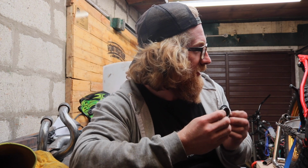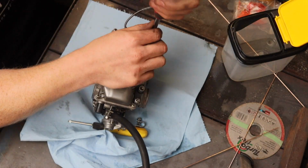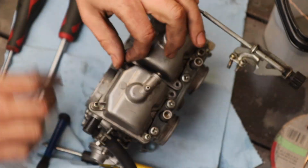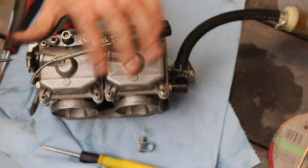But I'm sure they'll do the job nicely. So what I'm thinking now is I'm going to throw the whole lot back together, quickly change those jets out, put the carburetors back in, put the bike down, start seeing if I can get some signal through the Lambda, and I'll give you a little sneak peek of what that looks like. But then for next week's video I'm going to do a full in-depth how to tune your